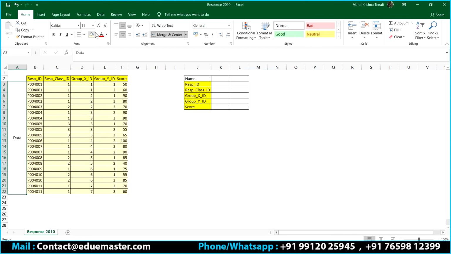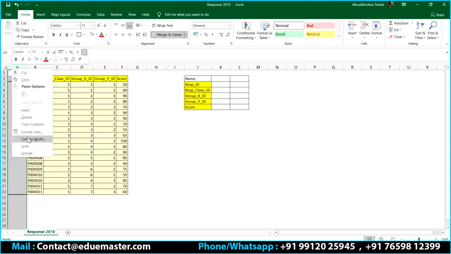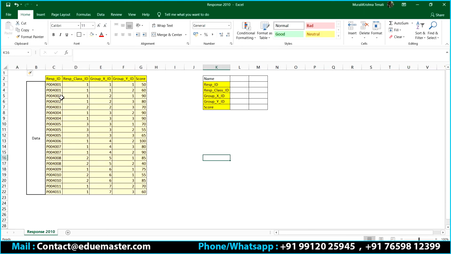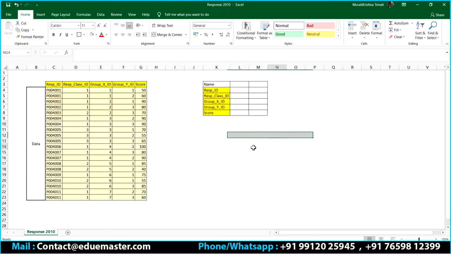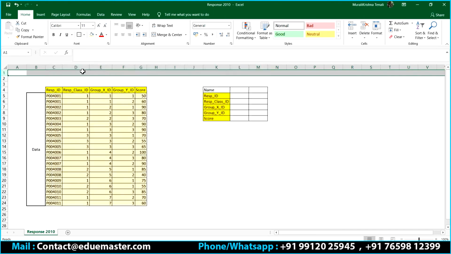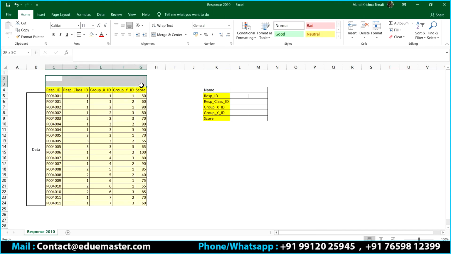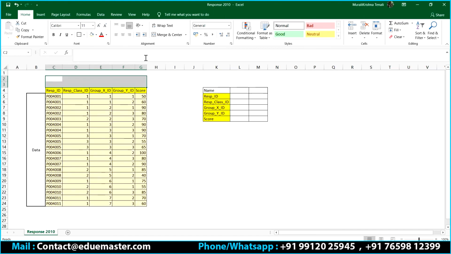But when it comes to this particular one, this is not just data. This does not come under your data. This is metadata.